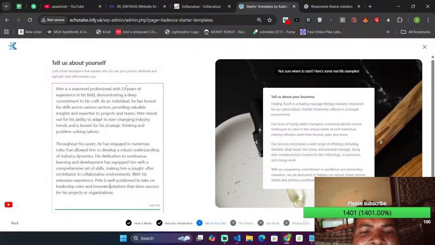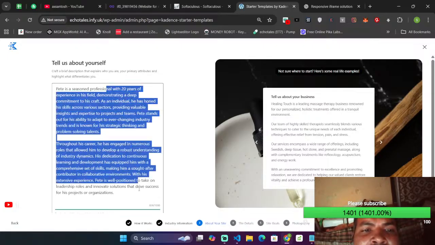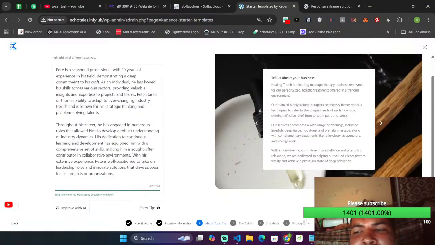That is AI that just expanded everything. We just wrote one sentence and it threw all of this in. Click on Next,